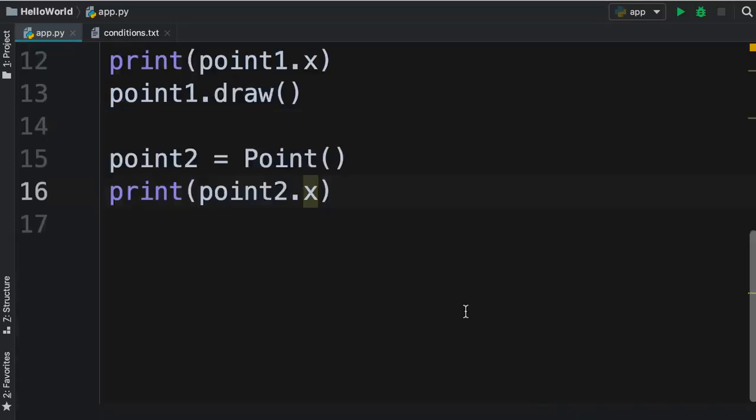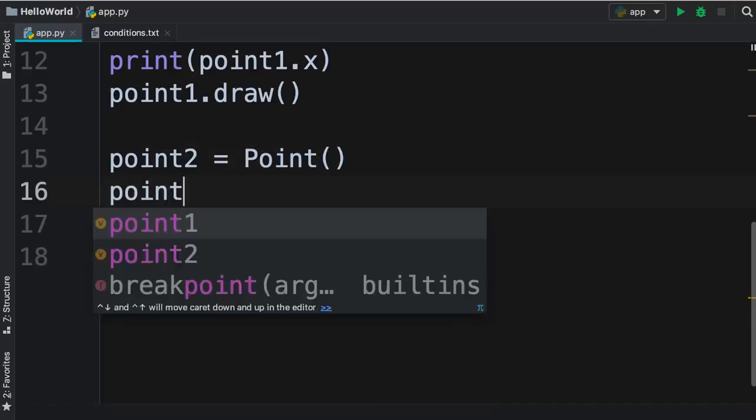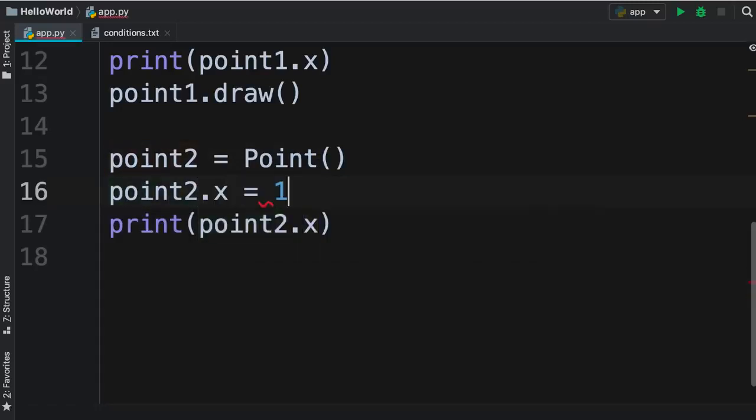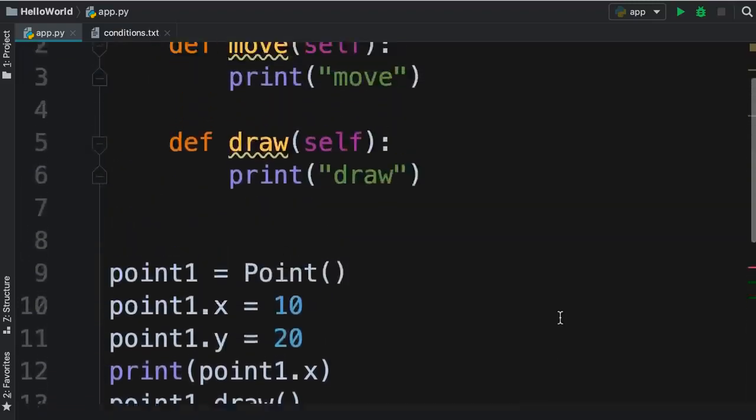So each object is a different instance of our point class. And here we can assign a value to point2.x. Let's set that to 1 and then run our program. So we can see the x coordinate of point 2 is 1. So to recap, we use classes to define